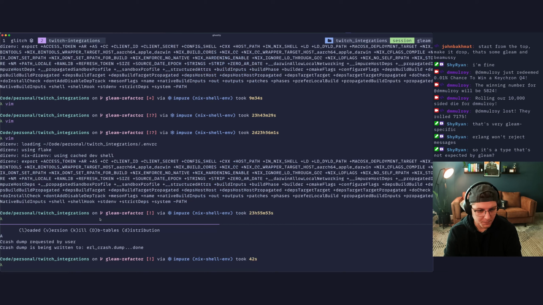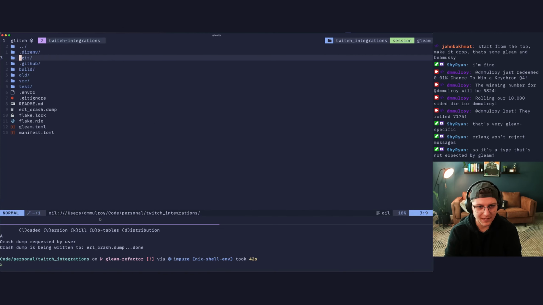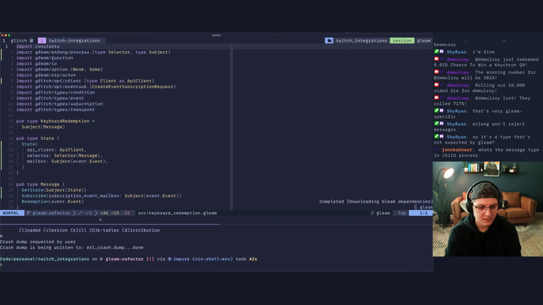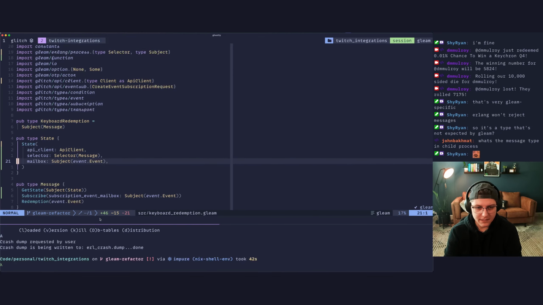It must not be, but like it is. That's the thing I'm so confused about, because the types go the whole way through. It's a subject of event.event. That's what the mailbox is.